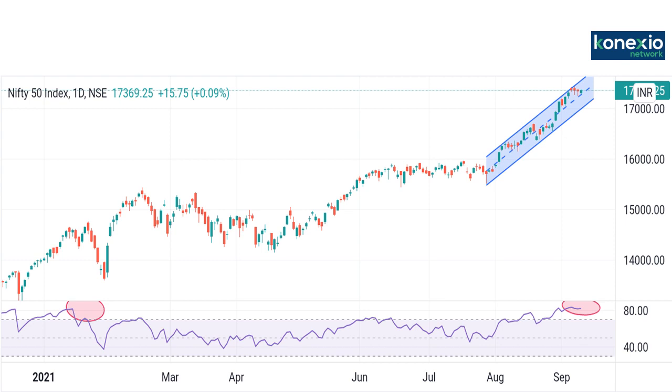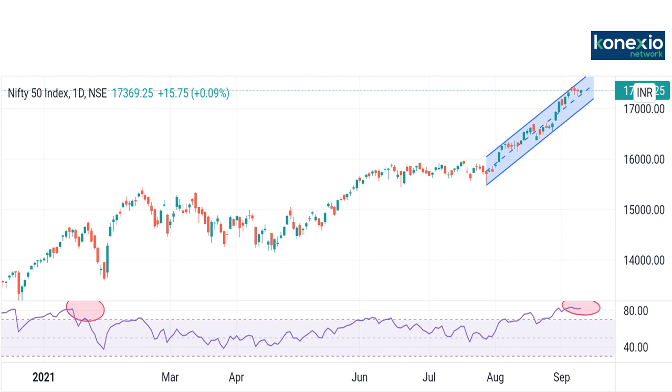You can clearly see I have marked those overbought areas in a red circle. From those areas, Nifty showed some exhaustion and then some short-term profit booking was seen. Looking at that past pattern, we are expecting the same kind of profit booking in the coming days. The daily pattern of the Nifty shows it moving in an upward rising channel, making higher tops and higher bottoms.